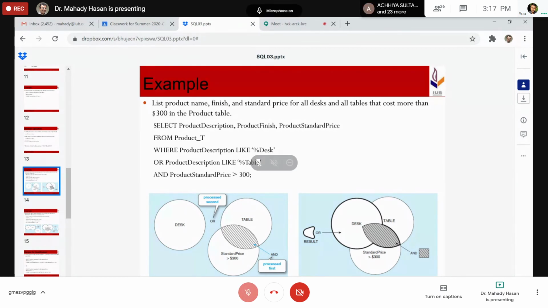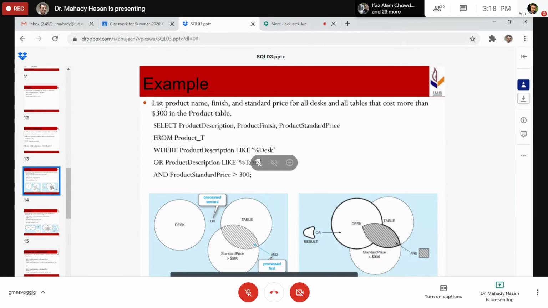Product description like table and product standard price greater than 300, right? So as you can see, first we are basically joining these two, the shaded part. And then we will have OR with what?